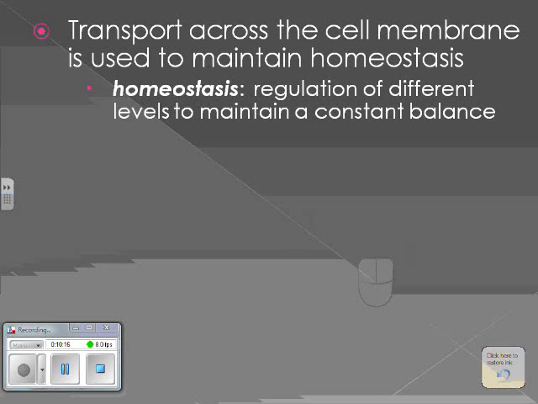Ultimately, the whole reason that stuff moves back and forth across the cell membrane is that it's trying to maintain homeostasis. Right? It's trying to maintain that constant level. If your cells get too hot, they push warm water out, you start to sweat, right? Release some of that hot liquid so that your body temperature remains constant and you can cool off. Cool 98.6. If your body has been losing lots of water, you become dehydrated, you get thirsty, you drink. That water needs to get inside of your cells so that you can rehydrate and maintain homeostasis, a good water balance.